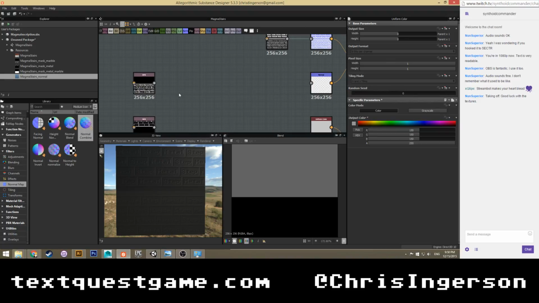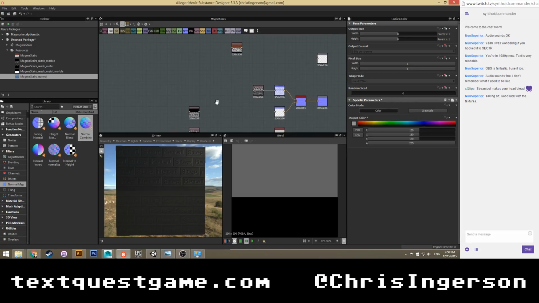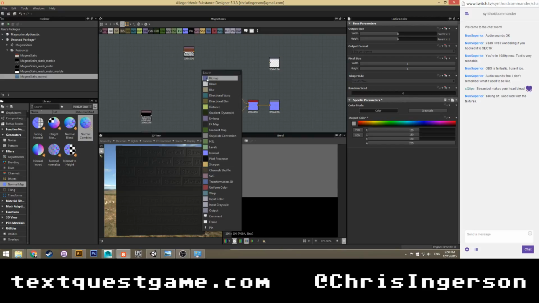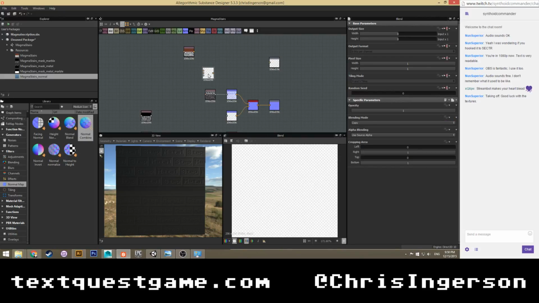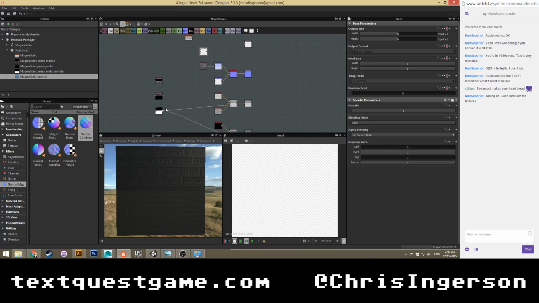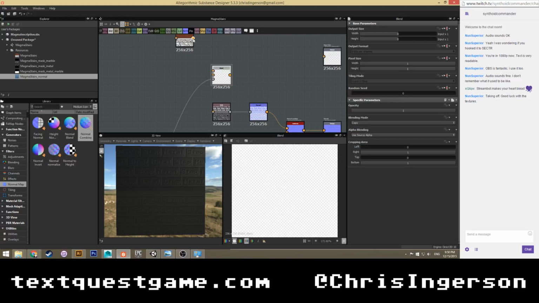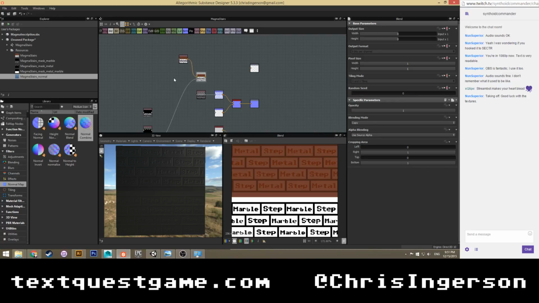Okay. So here is where we're gonna start getting fun. So ultimately, we're gonna need a blend node up here. It's being powered by this guy. That's where this is gonna come in for our base.